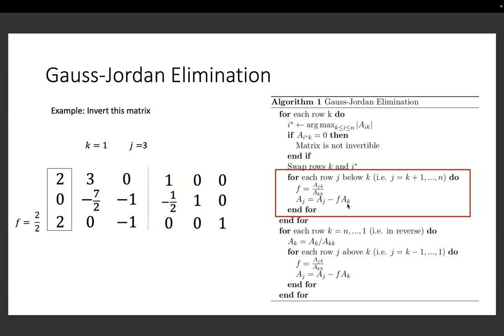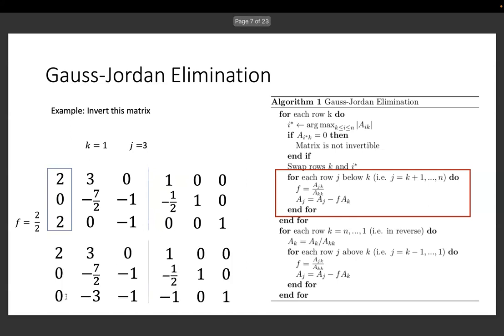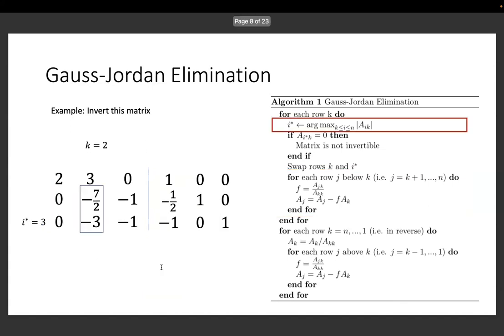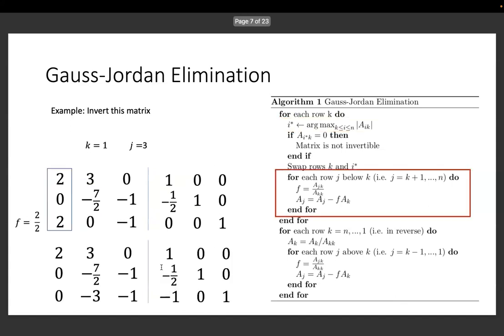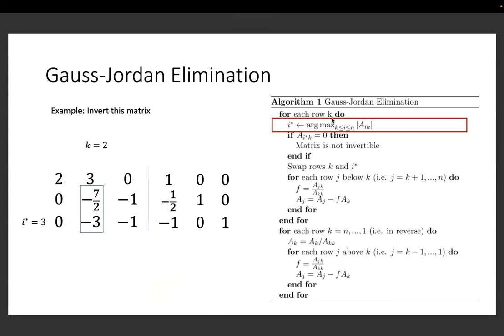And then we get the subtraction between A3 minus A1. So after that, you can also see these elements change to 0. Now we need to go for the next step for this loop, and you can see that